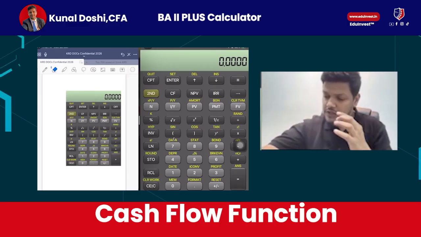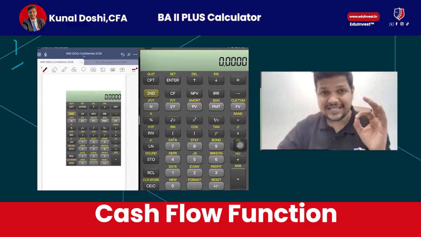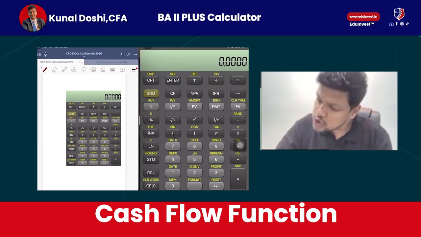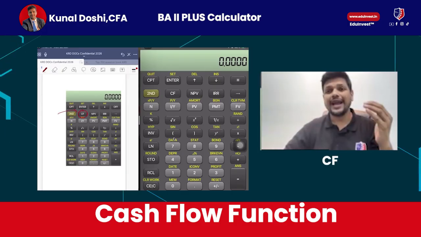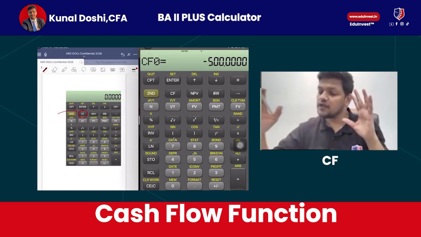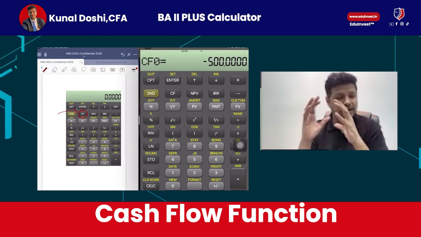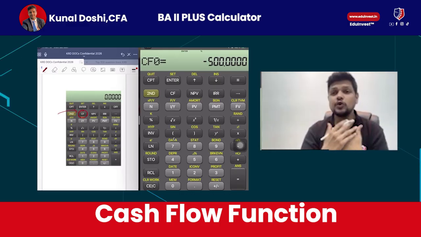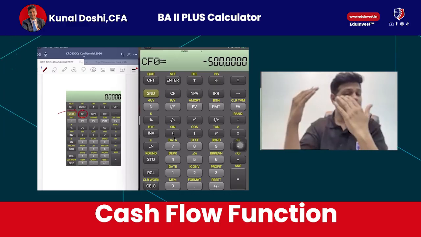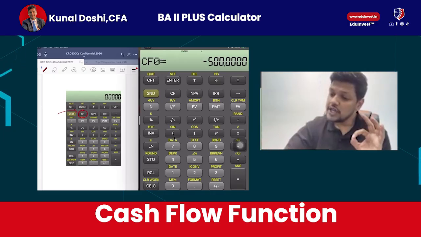All right. So first of all, to utilize this function, you need to press CF, the cash flow key, which is just beside 2. So that's where you enter into the cash flow function. Now you'll notice that I already have some inputs in my calculator from the previous calculation. So we need to clear this. We can't overwrite it because there might be several numbers. So to clear all the numbers, you need to press